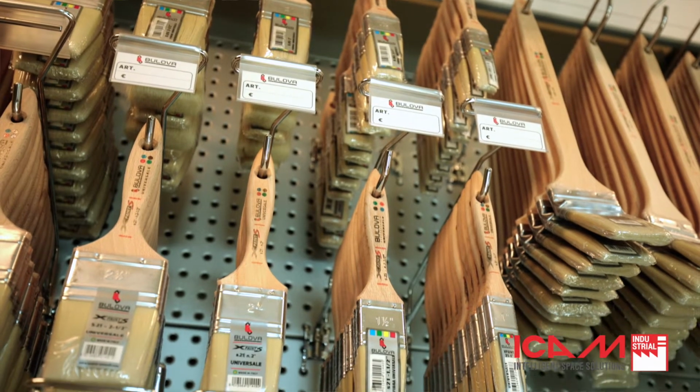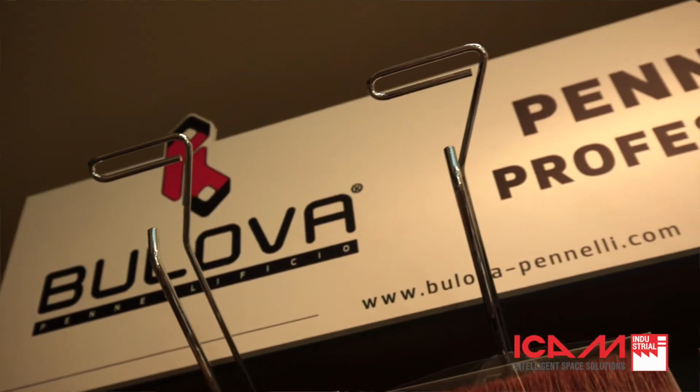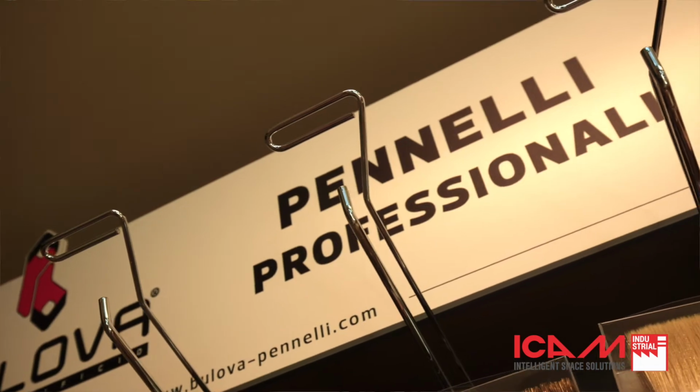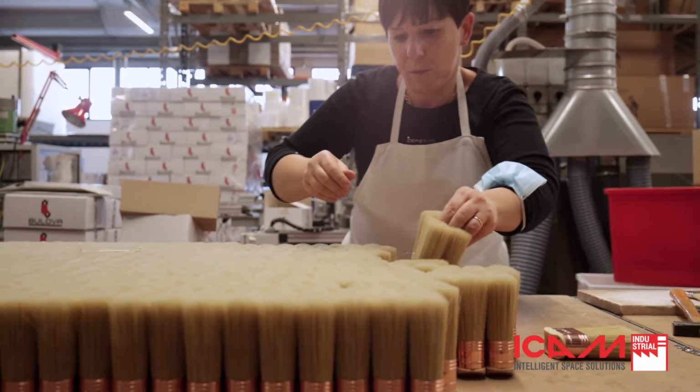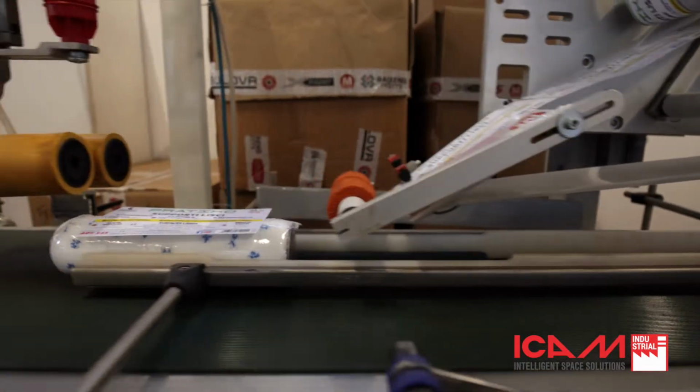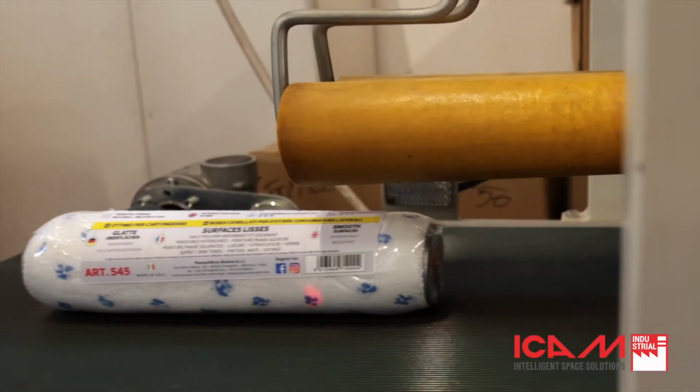Martina Iacchi, sales account executive at Pennellificio Bulova, explains that the company came into being during the 1960s as a company which distributed brushes and accessories for painting and decorating. Over the years, it decided to focus on developing its production, and today Bulova can produce any type of brush in its factory, from large or smaller block brushes to standard paint brushes, radiator brushes, and every possible type of